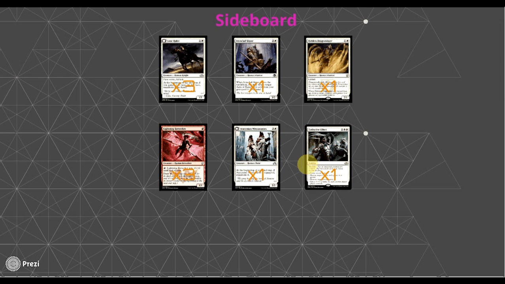Abyssinian Missionaries is a 4-mana card, so I like to keep it in the sideboard. You don't want to go too expensive with the cards in the main deck. But what it is, basically, is just a catch-all answer. If you've watched any of my other deck tech videos, you know I like to play at least one kind of catch-all. It's not too hard to equip this thing, flip it, and if you don't know what it does